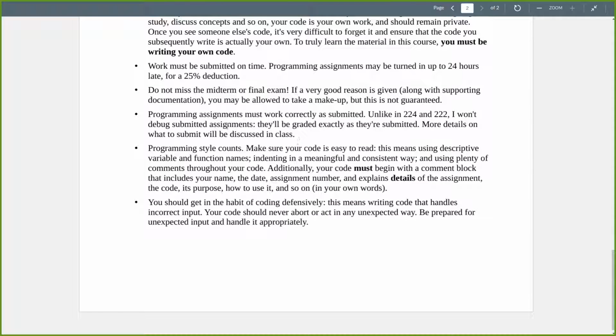This is a bit of a change. In 224 and to some degree in 222, I was willing to help you get as many points as possible. Meaning if you turned in your code and, at the last minute before you turned it in, you added your name to the beginning and you only typed 1/ instead of 2, and now your program does not compile, right? Instead of just giving you a 0, I would actually go through your code and I'd say,